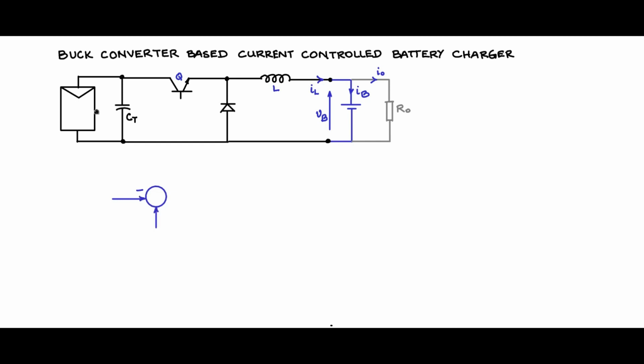I have a comparator here, plus, minus, so it compares the feedback signal with the reference signal. I will call the feedback signal IL. So what I am going to feed back is the current. Recall our discussion, voltage VB being constant because of the voltage source connected across the terminal. It is sufficient to feed back just the current and use that to control the power. And here you will have IL reference.